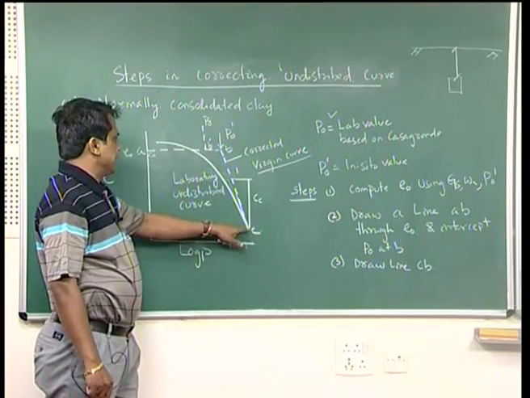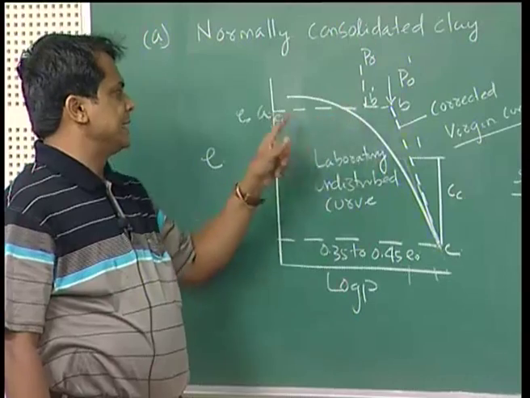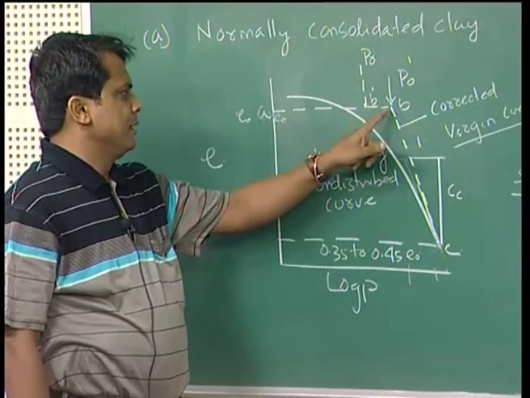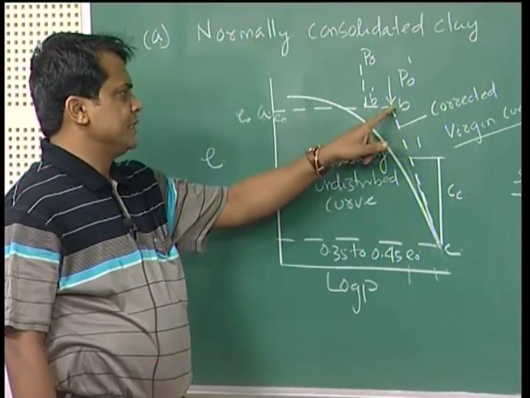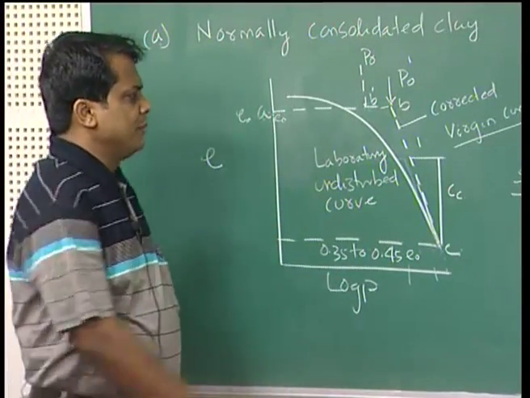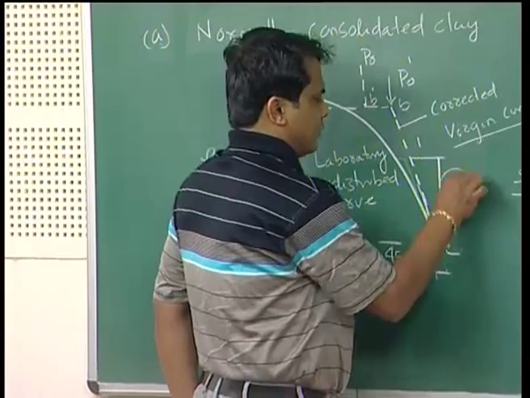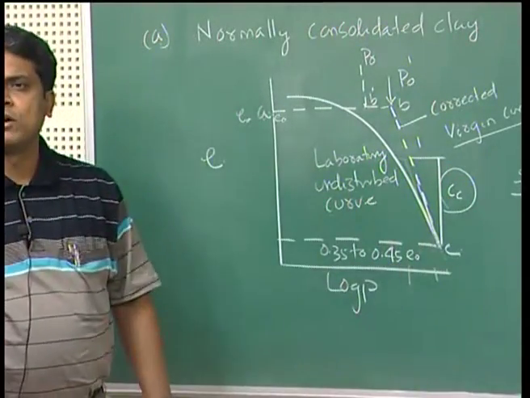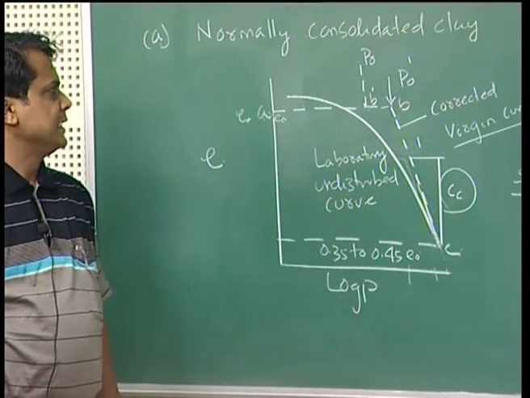Where the tangent from point C intercepts AB prime is point B. This BC is your corrected virgin curve, and from this slope you can find Cc, the compression index, representing